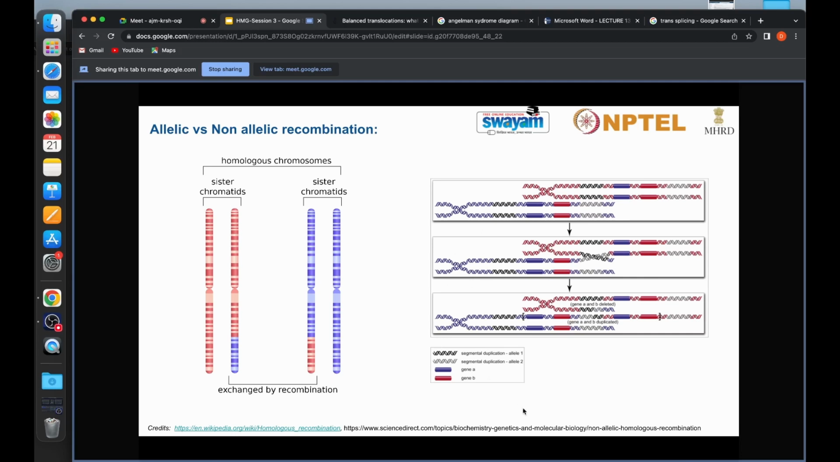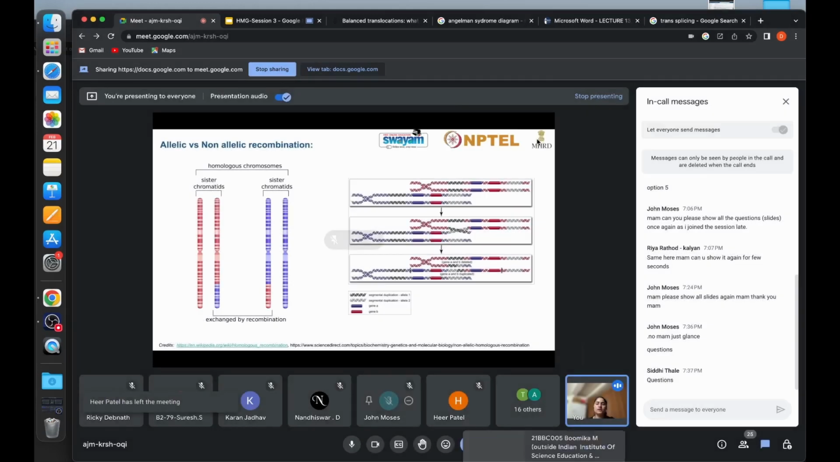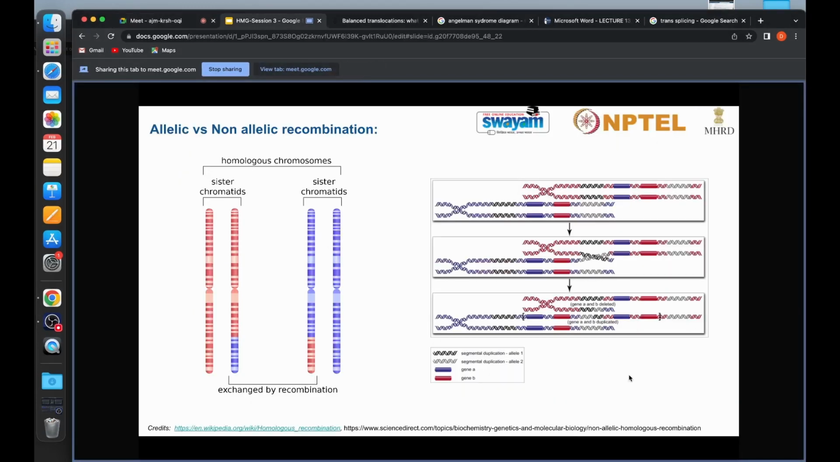But when we talk about non-allelic recombination, what happens? The two homologous chromosomes are misaligned, due to which different regions of the two chromosomes will be crossed over or recombined with one another. It can lead to duplication in one chromosome and deletion in the other. Here these were the two genes, A and B, that were similarly present in both of these homologous chromosomes. Due to misalignment, in the first chromosome this particular part got deleted,